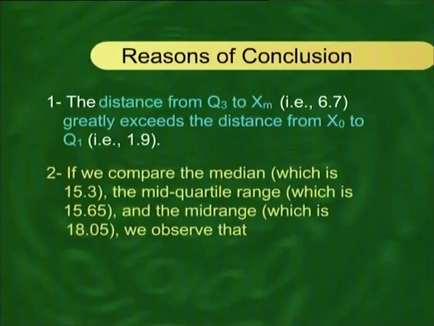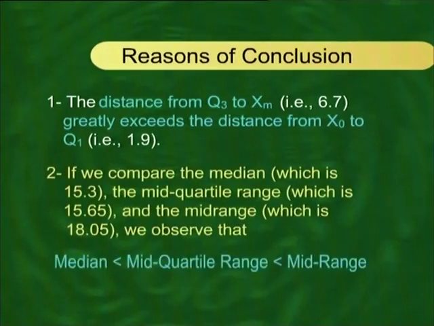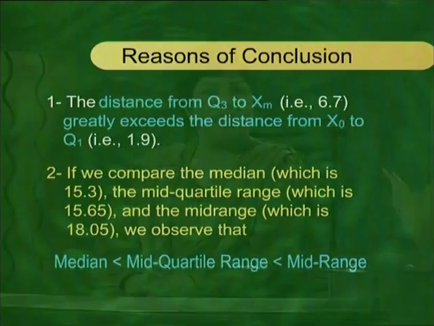And the second point, if we compare the median, which is 15.3, the mid-quartile range, which is 15.65, and the mid-range, which is 18.05, we observe that the median is less than the mid-quartile range, and the mid-quartile range is less than the mid-range. So, जैसा कि मैंने last time कहा था, सारी discussion का लुब्बे लुबाब ये कि the 5-number summary is